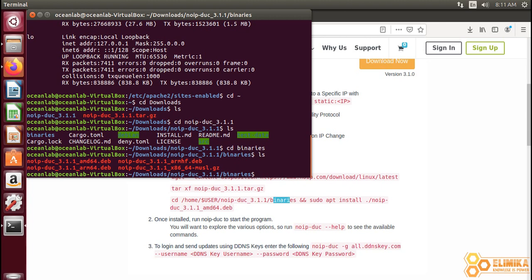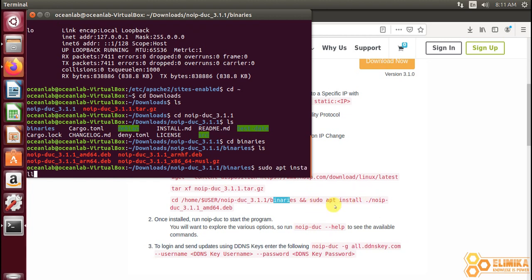And now when I list, there is the amd64.deb file, and it is here. So now I will install it by typing sudo apt install, just as it is provided here. I'm not using the first option because I did that manually, but I'm going to use the second option to install. I'm going to use sudo apt install, then space dash